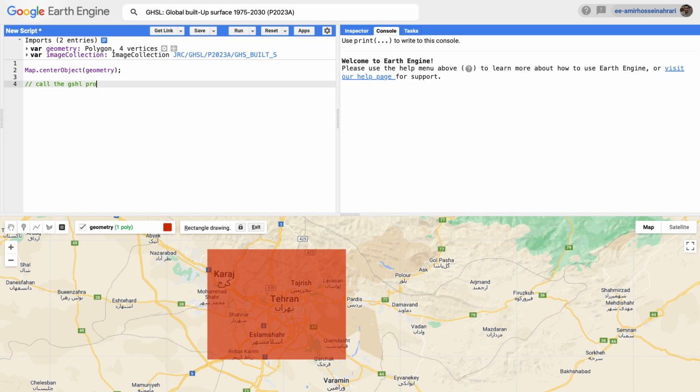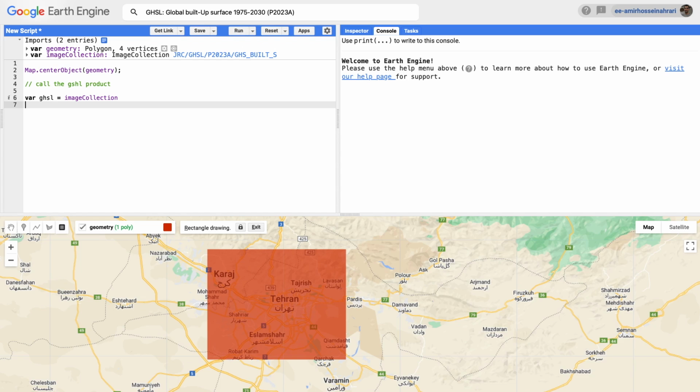So I'm setting a title just to mention what I'm going to do in this part of the programming. So make a new variable, for example, GHSL equals, assign the image collection to it, and then